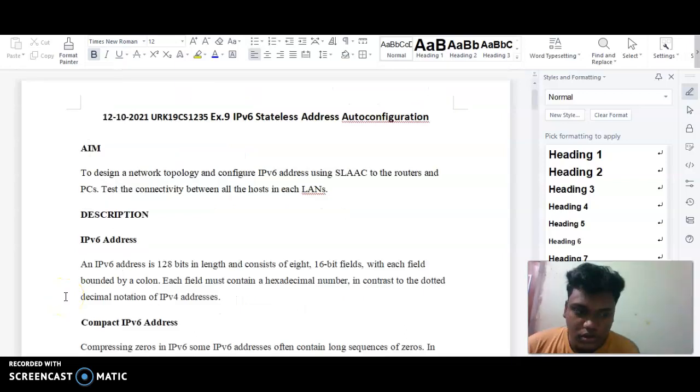Hi, I'm Sri Prakash. Now we are going to see experiment number 9, stateless address auto-configuration. The aim is to design a network topology and configure IPv6 addresses and SLAAC in the router and PC, based on connectivity between all the hosts in the